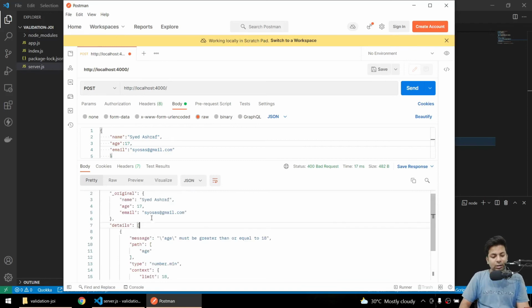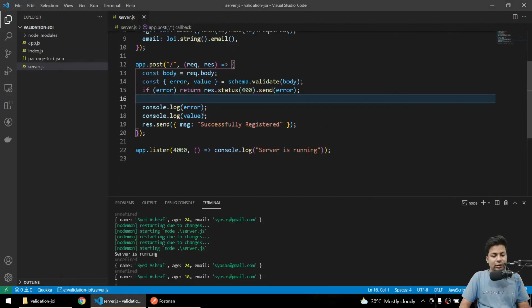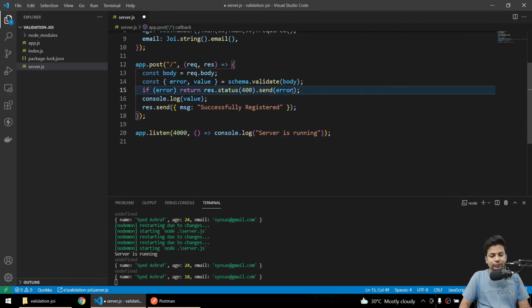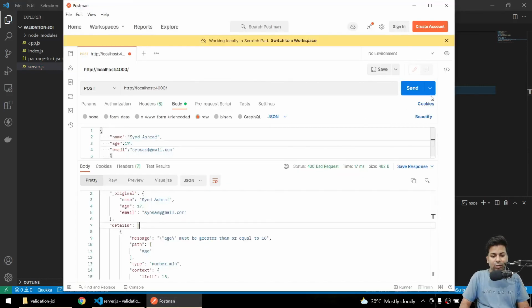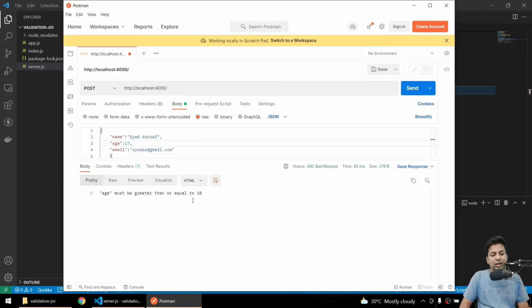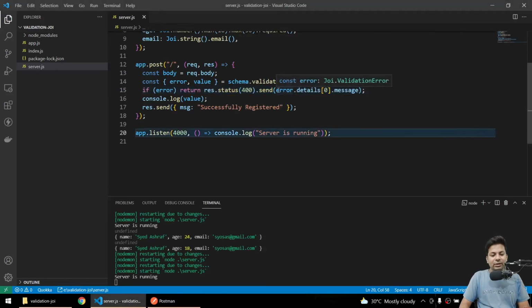Yeah, error dot details index 0, and inside that we have a message. Now if I send, age must be greater than or equal to 18.